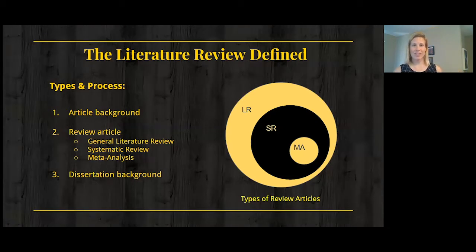It doesn't need to be as comprehensive and reproducible as a review article. It doesn't have to be something where you keep track of every article and where you found it and why you kept it or why you didn't, but it does need to be comprehensive enough that you can prove your research is original and no one else has done anything like it before. So you're kind of in that in-between ground where you want to have enough background that people reading your research have context, but you also have enough that they can see it's original and your work is unique.